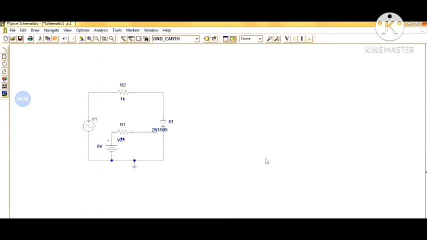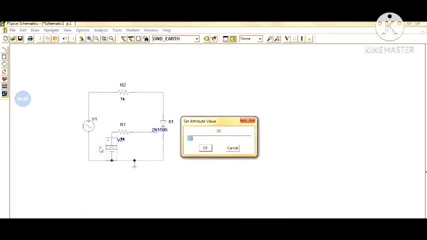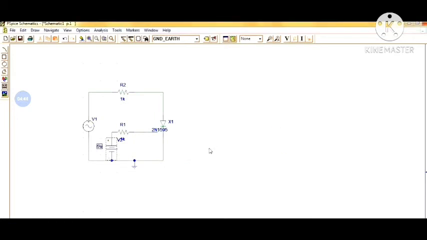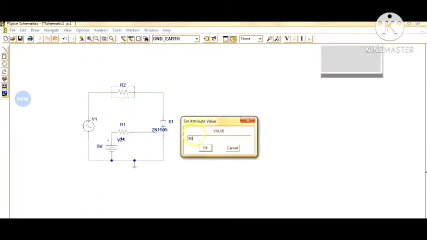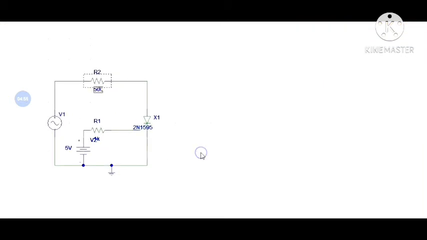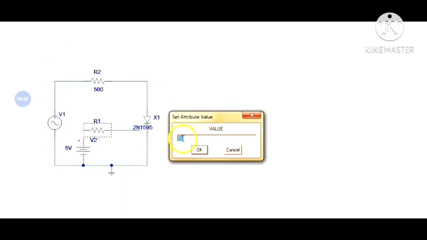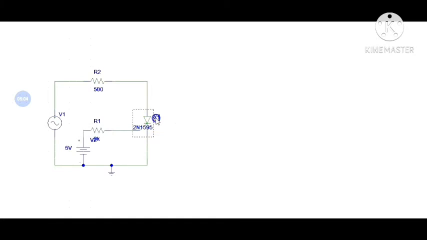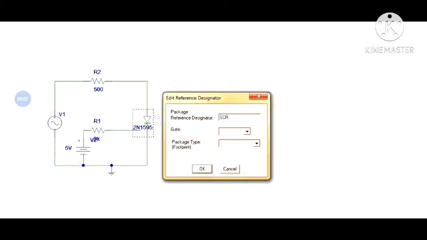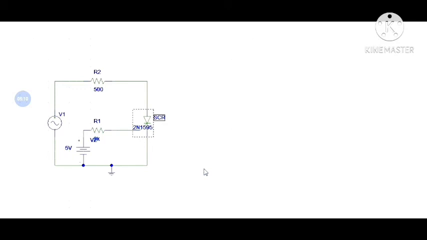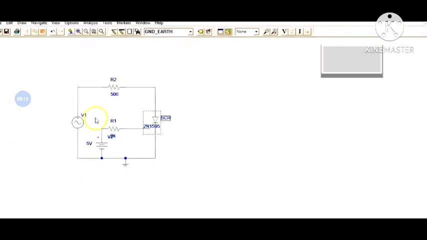Now we have to save the project. Before that, we can also fix the DC voltage value to 5 volt, and we can change the names or labels of the resistors. We will change the value of R2 to 500 ohm and the value of R1 to 2 kilo ohm. You can put the name of the device SCR, click OK. So it is done.